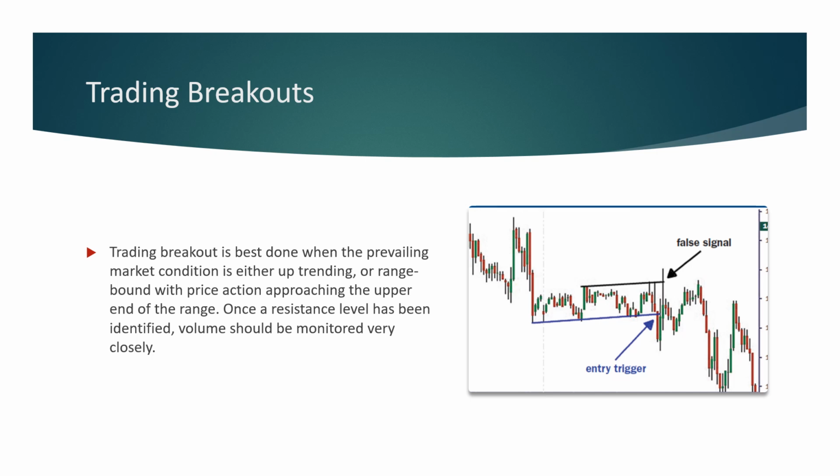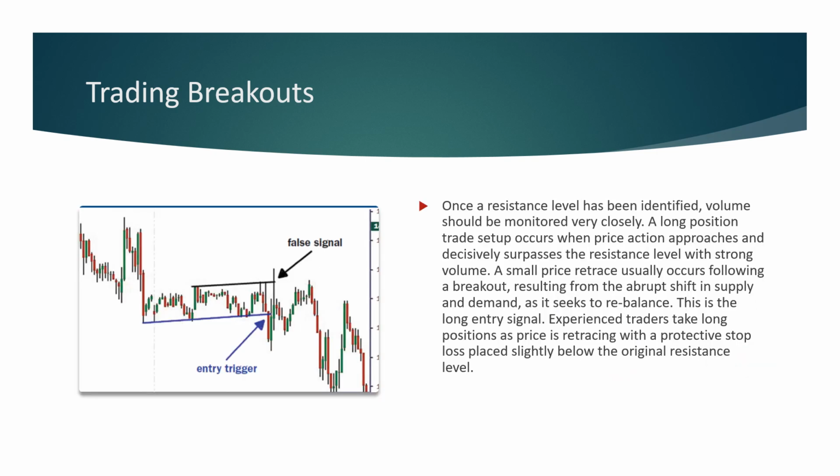Trading breakouts is best done when the prevailing market condition is either up, trending, or range bound, with price action approaching the upper level of the range in a well-developed pattern. Once a resistance level has been identified, volume should be monitored very closely. Volume can help you make the best determination